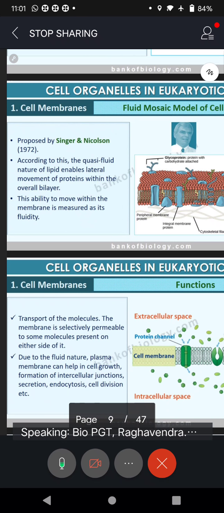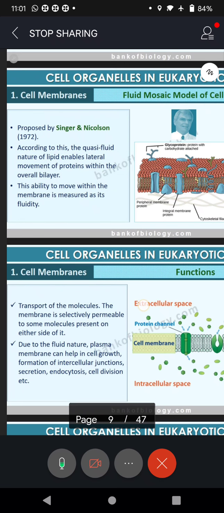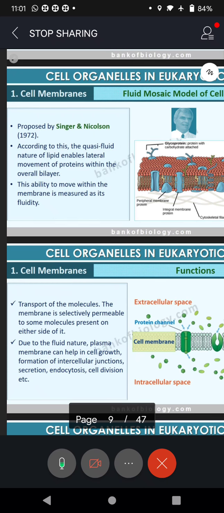Yes, please, Raghavendra. No, sir, like a blur type and mosaic. Blur type means some design will be there. Basically, a white background plate, and on that white background plate there will be designs. Some dots will be there, some flowers will be there, like that. So these two scientists, Singer and Nicholson, proposed this